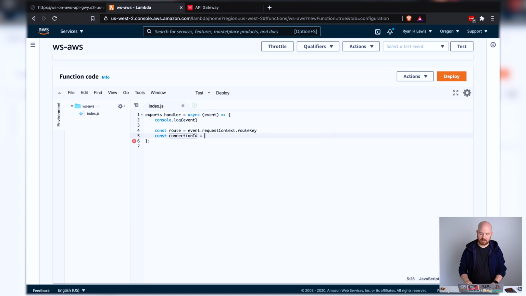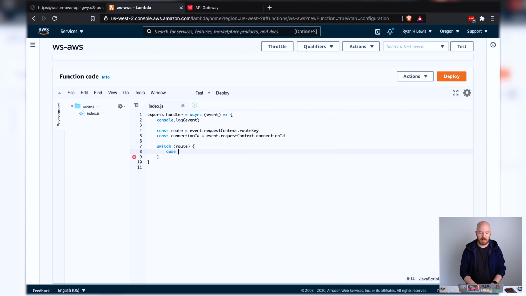Another thing that you get is the connection ID. We'll use this later, but for now I can go ahead and get it off of here. The connection ID is a unique identifier for a client that has connected on that WebSocket connection to your API gateway. So this is how you can have a single Lambda function, but have multiple clients connecting to your single API gateway, and have your Lambda function know how to get back to the one who sent a message.